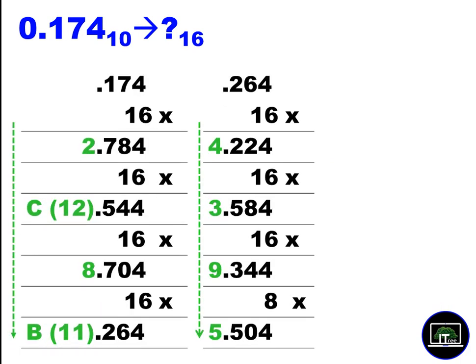Here you must notice a very important point, that is 12. How to write 12? You can't write 12 in hexadecimal. What is 12? You should write C. You can see there is one 11. 11 is B. You must write those things because in hexadecimal there is no value called 12. It should be written as C. A is 10, F is 15.